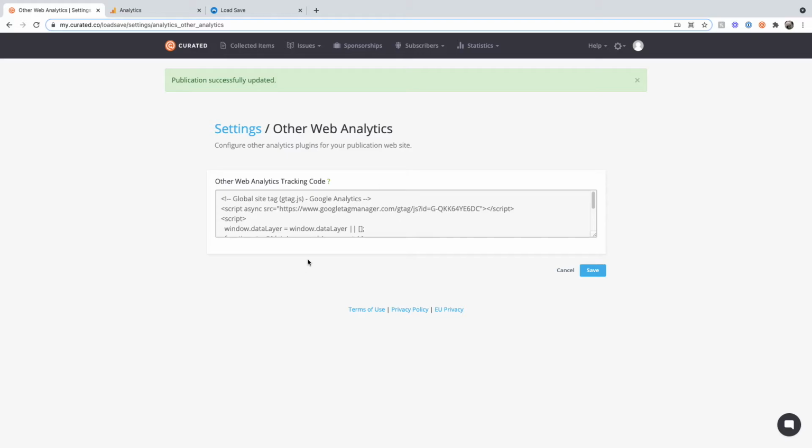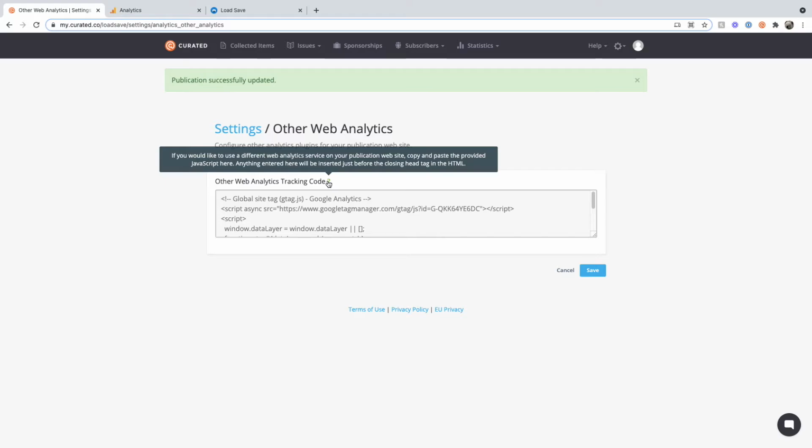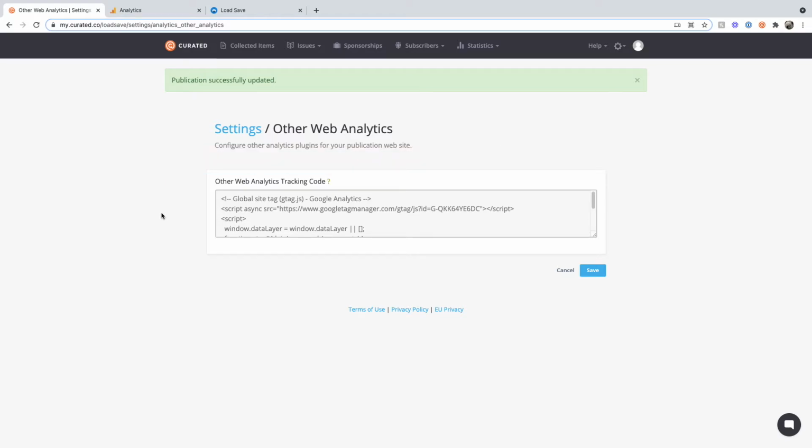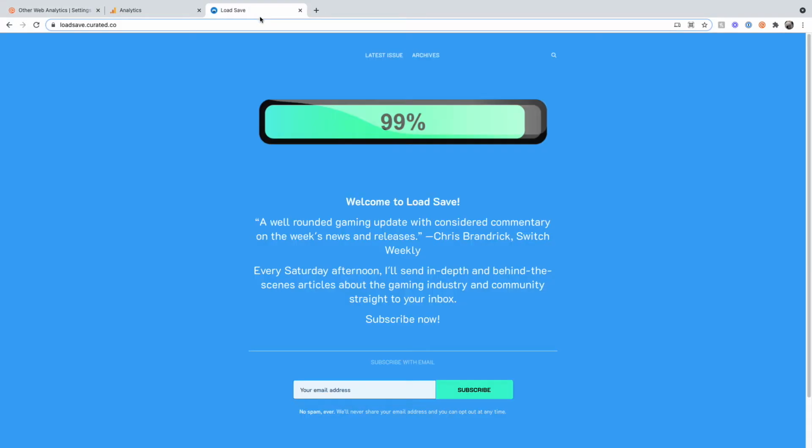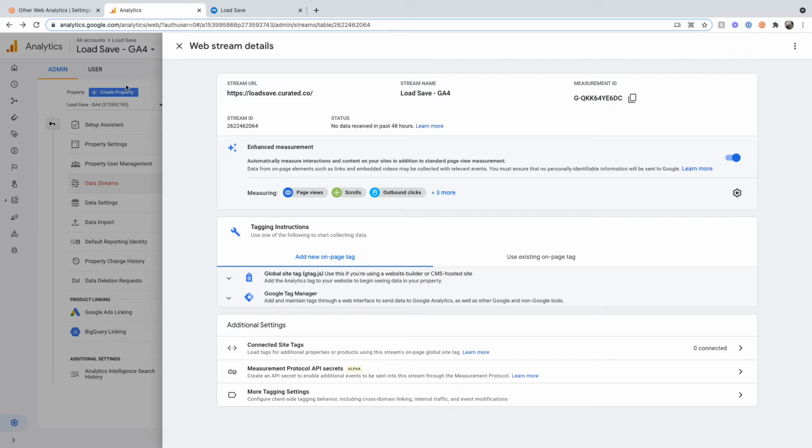So behind the scenes, Curated is placing this G tag just behind the closing head tag in the HTML, which will allow Google Analytics to track your publication page. A good way to test and see if you set this up correctly is by opening up the publication page for your newsletter. So I have it open right here, and going back to our Google Analytics for our newsletter,